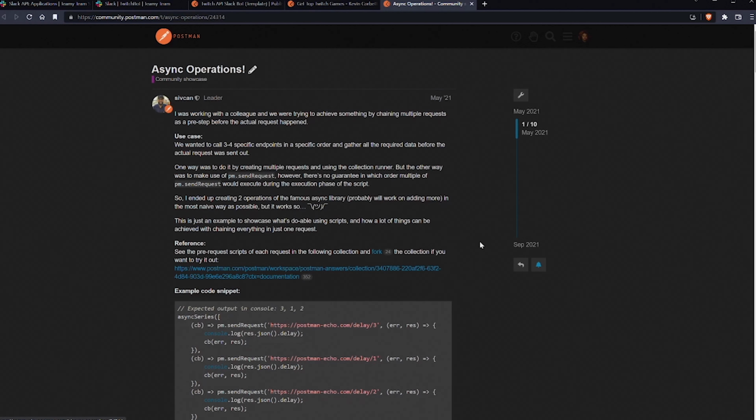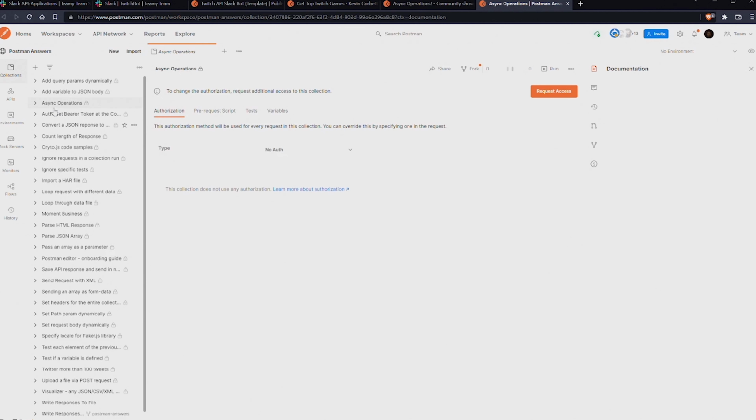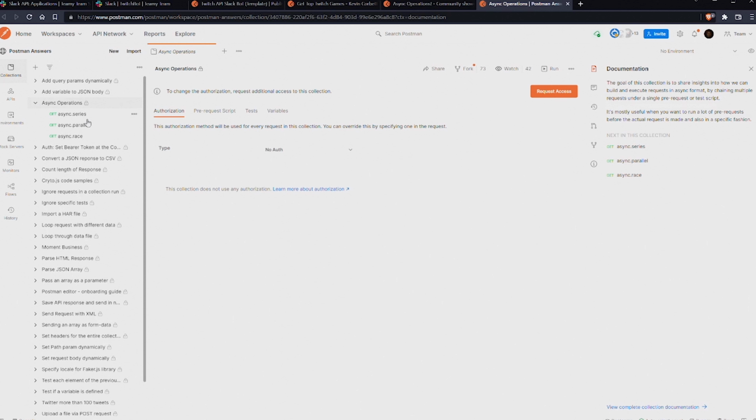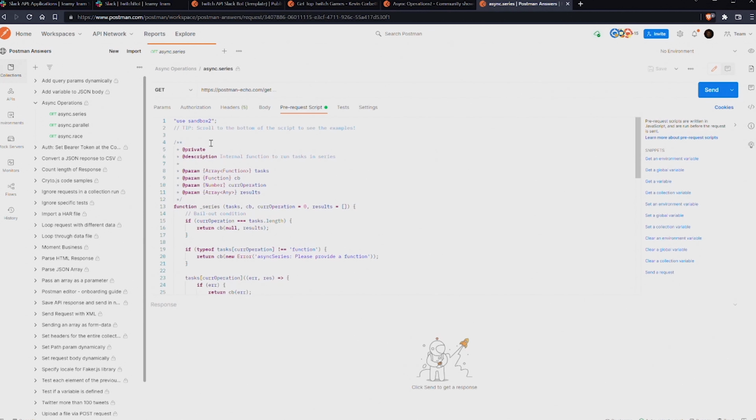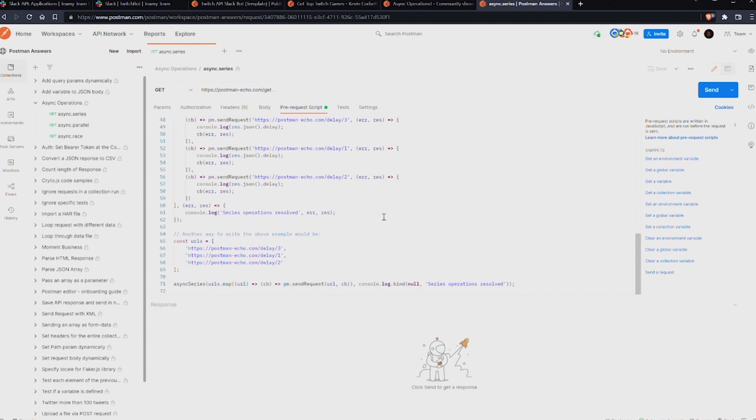Now, depending on how you enjoy being stuck for a few hours trying to figure out how to handle the asynchronous send request function in a more synchronous manner, that kind of took some work. Thankfully, Postman.sivcan had put together a collection that demonstrates just how to do this for us. Now that our bot is complete, it's easy to add additional commands through registering commands on Slack, creating new folders, adding additional command logic to them,